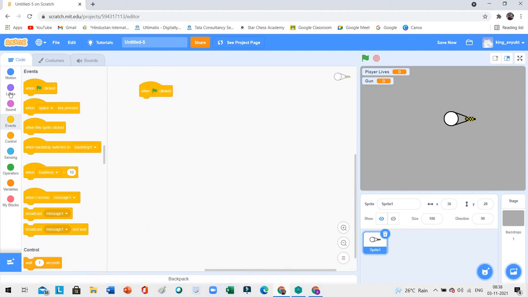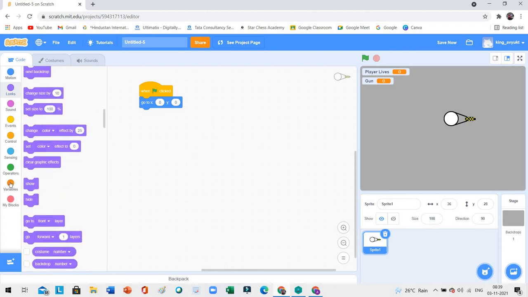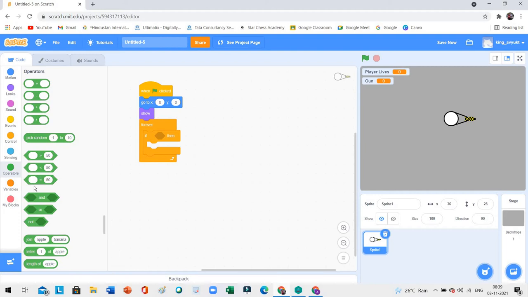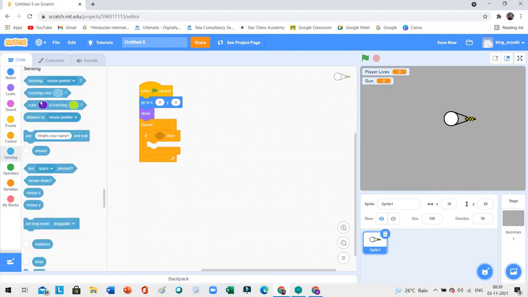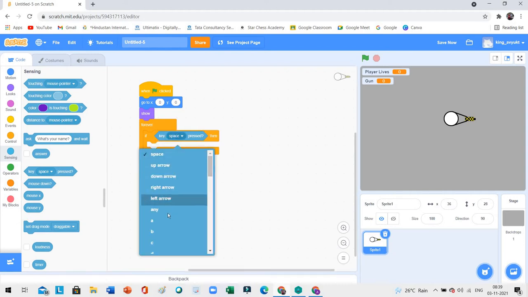So when green flag is clicked, we want it to always go to 0, 0 at the start of the game, and we always want to show it, okay? And forever, let's take a forever loop, take an if statement and put that right there. If, sensing, if key 1